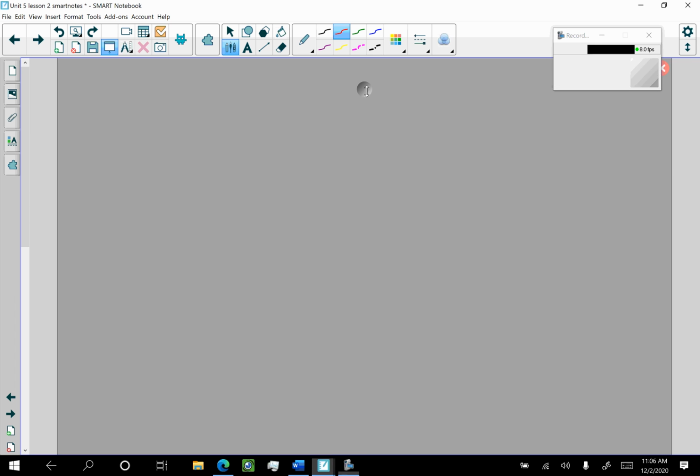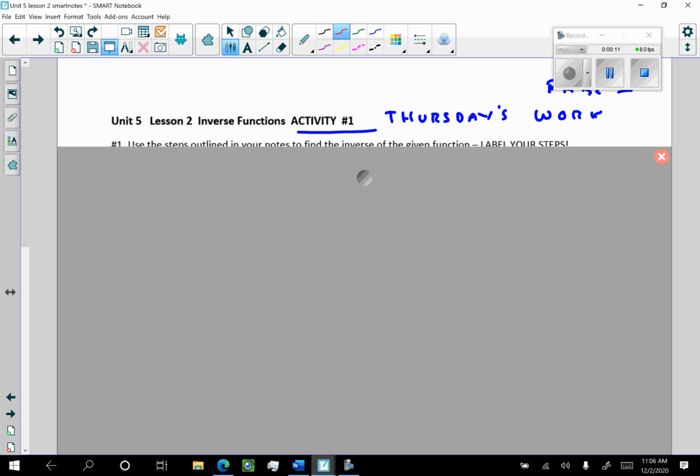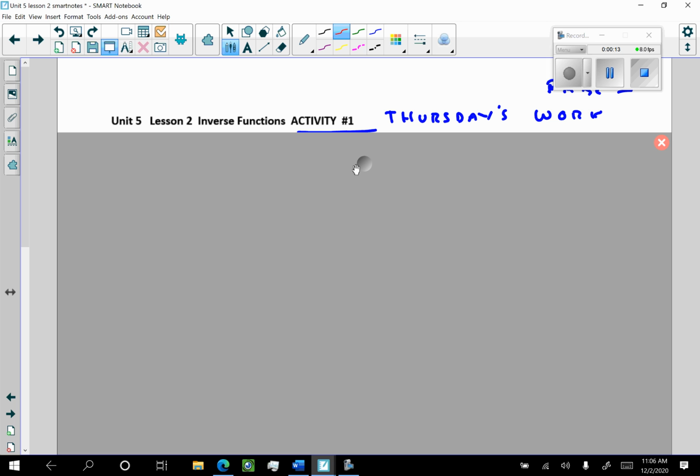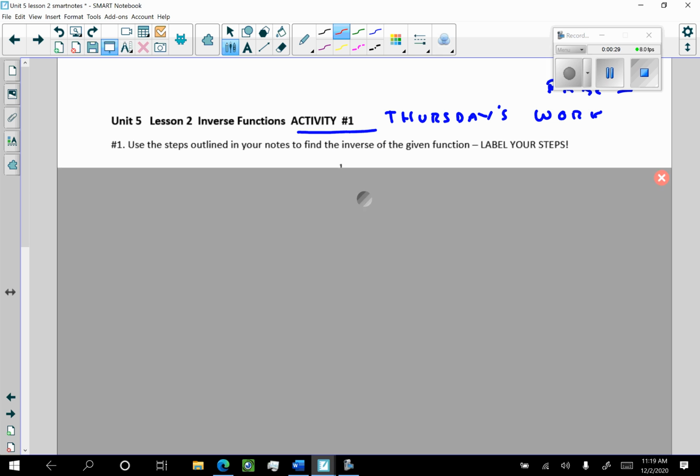Today, what we're going to do is briefly look at Unit 5, Lesson 2, Inverse Functions, Activity Number 1. This should be Thursday's work, but I'm going to help you with it. I'm going to quickly go through the first part of this activity with you, and let you do some on your own. So